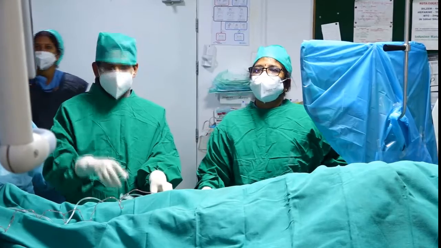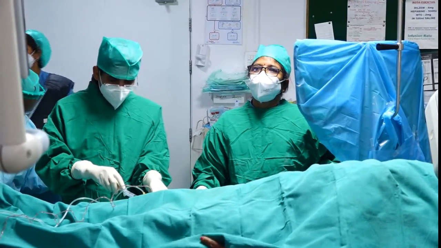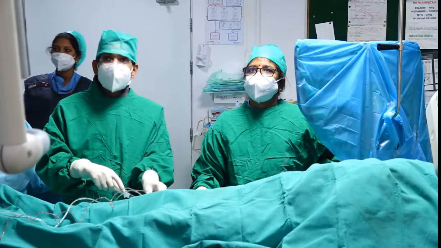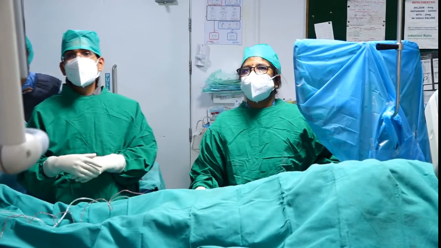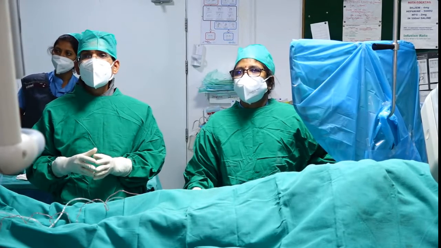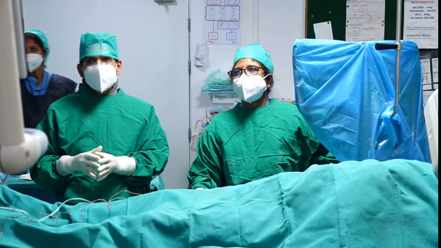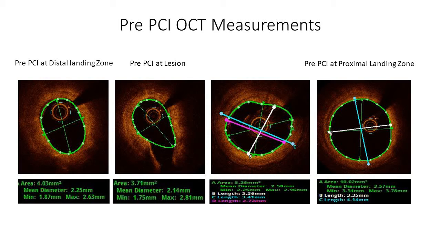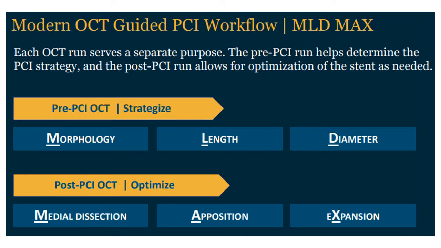I could not place the OCT catheter in the PDA distal to the actual lesion. I could just place it just beyond the first lesion in the PDA. So basically my length measurements would not match. The reference lumen distally was 2.75 if we take the lumen to lumen measurement, and if we take the EEL to EEL measurement, it is 3.4. So as you all know, according to the ILUMIEN criteria, we have to go a quarter size up if we are taking the lumen measurements and a quarter size down if we are taking the EEL to EEL measurement.